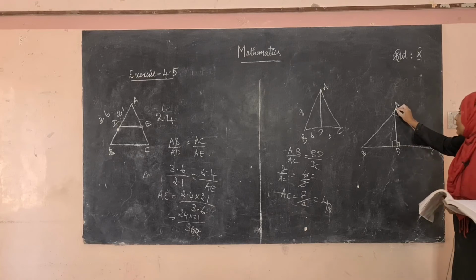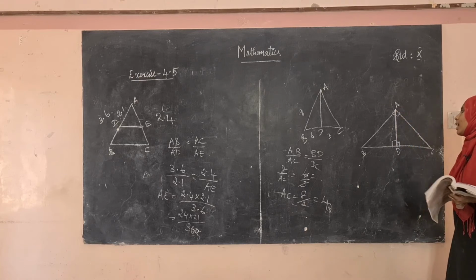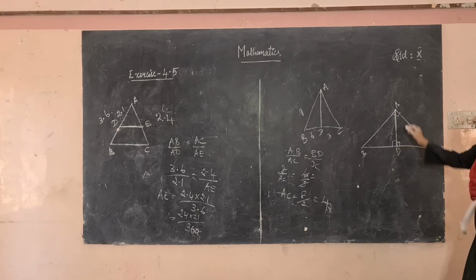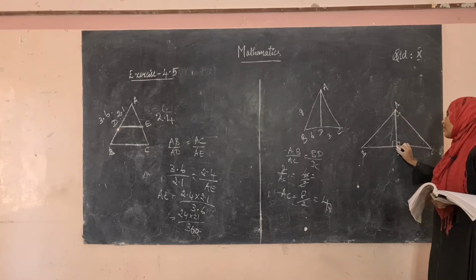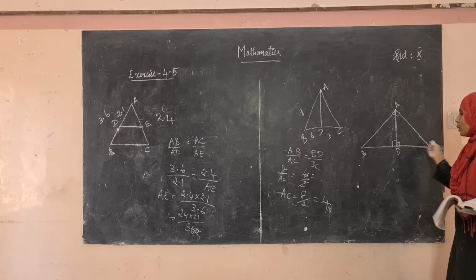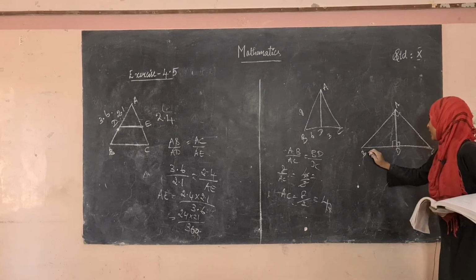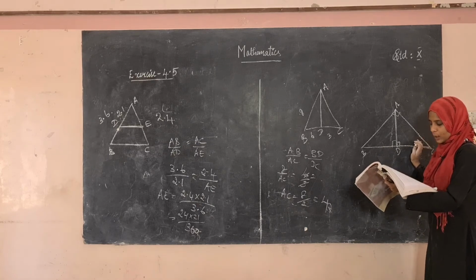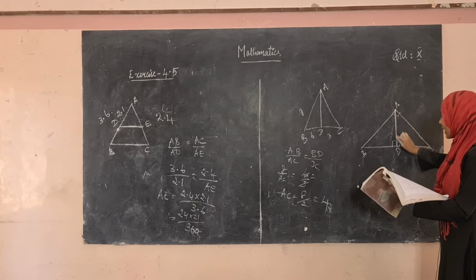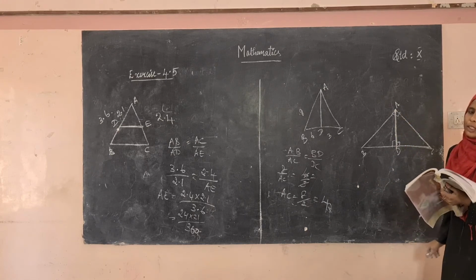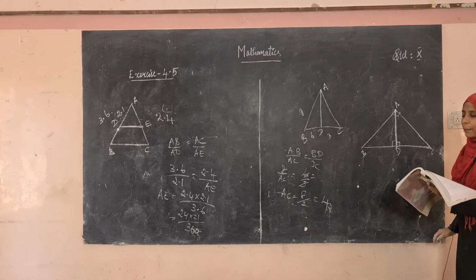See, this is 90 degree and this is the perpendicular line, which means it is the altitude. So this is the median. Median means it is dividing the whole line into two equal parts. Therefore, BD into DC can be written as AD square. So BD into DC is equal to AD square by using the property of perpendicularity.